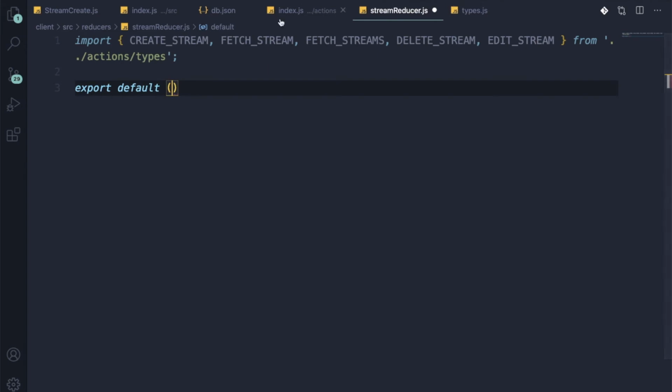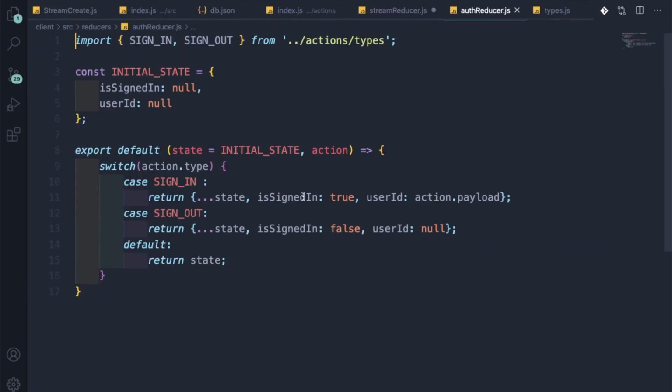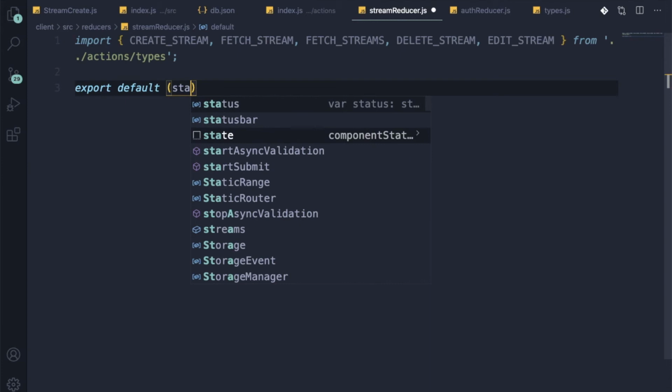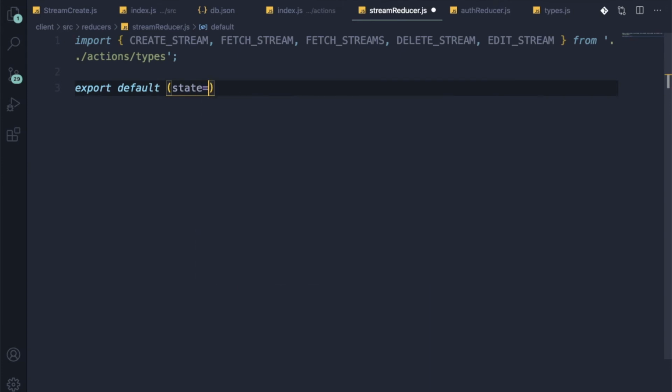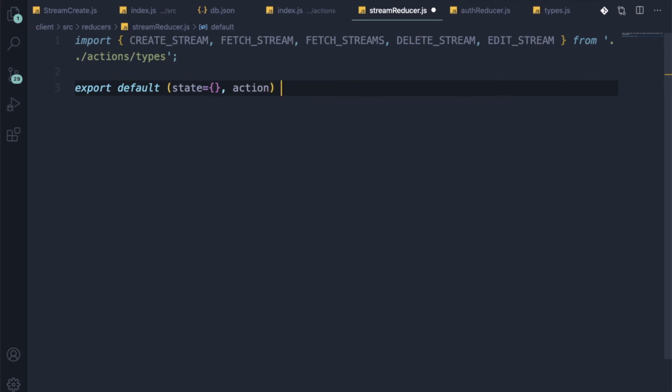If you don't remember, let me show the auth reducer. So this is the auth reducer, export default. So we will create something like this only, export default state. The initial state is an empty object, so we are using the default parameters here. Then after this, action is there, arrow function,